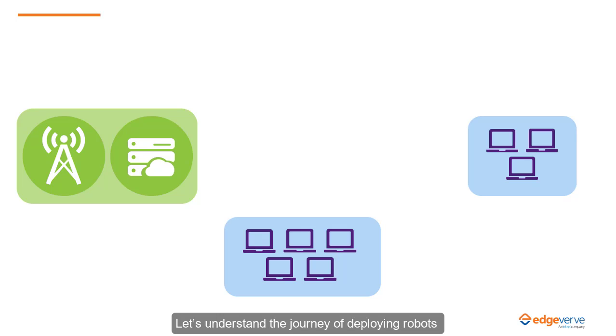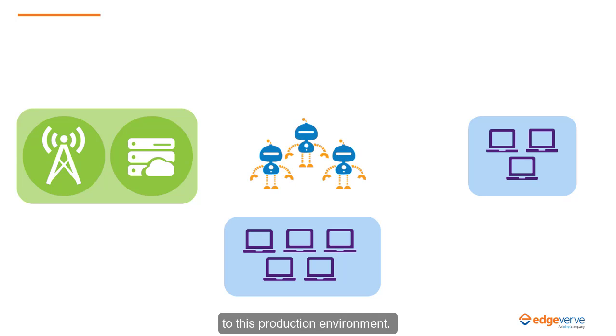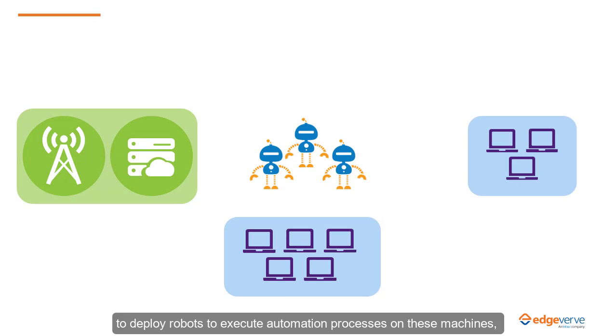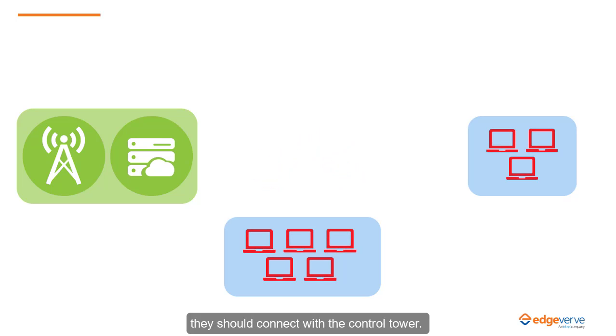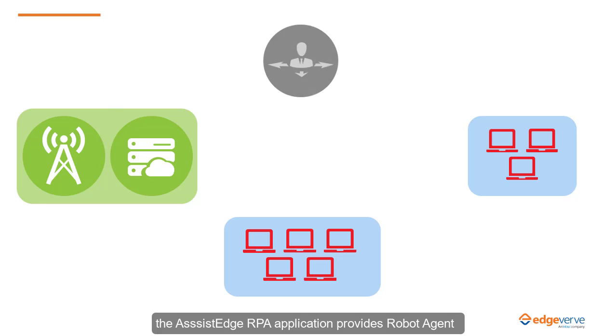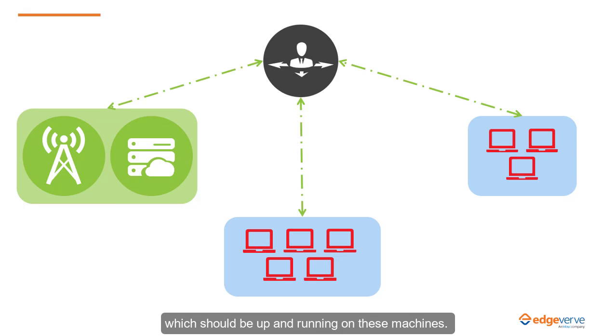Let's understand the journey of deploying robots to this production environment. As a first step, to deploy robots to execute automation processes on these machines, they should connect with the control tower. For establishing this connection, the AssistEdge RPA application provides robot agent which should be up and running on these